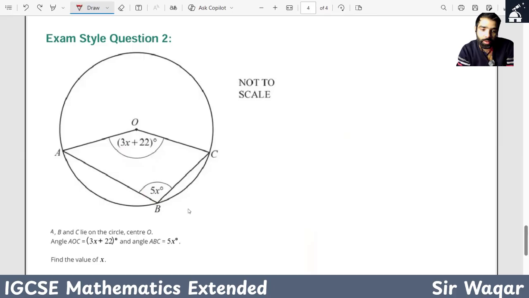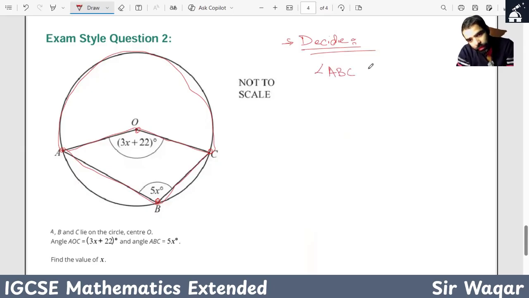Okay. Now we have to decide that this is the arc AC that is subtending some angle at the center, which is the O, and the same arc subtending some angle at a point on the circle. So it's very clear that we will use the circle angle properties theorem, which says that the angle at the center subtended by some arc is twice the angle subtended at some point on the circle by the same arc. So we come to know that angle